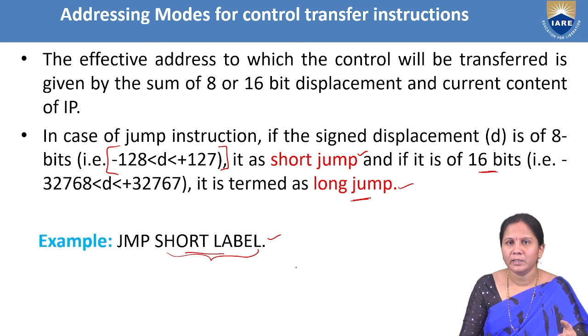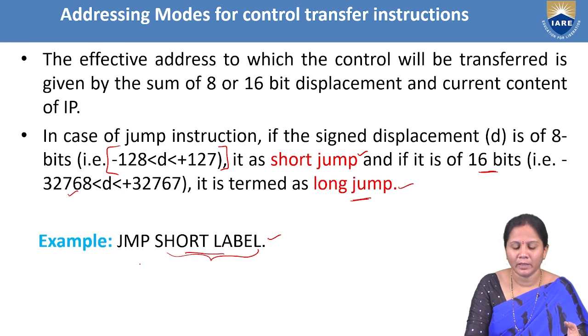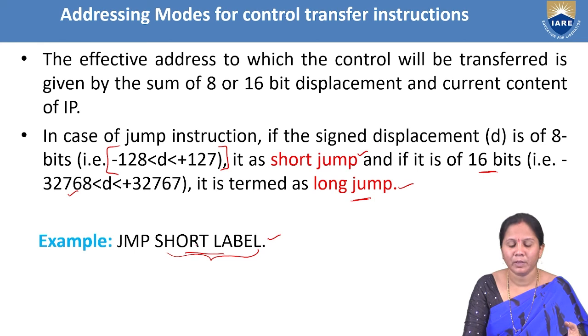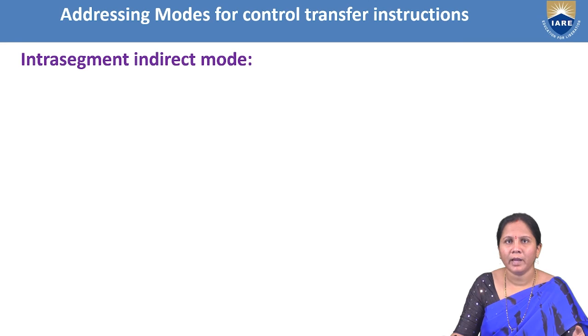Why? Because the control should be transferred within the segment. Since it is 16-bit, it will be in the range between -32,768 to +32,767. Based on the range where the control has to transfer, we have to consider the label as short jump or long jump. Intrasegment means control transferring within the segment. And the next one is